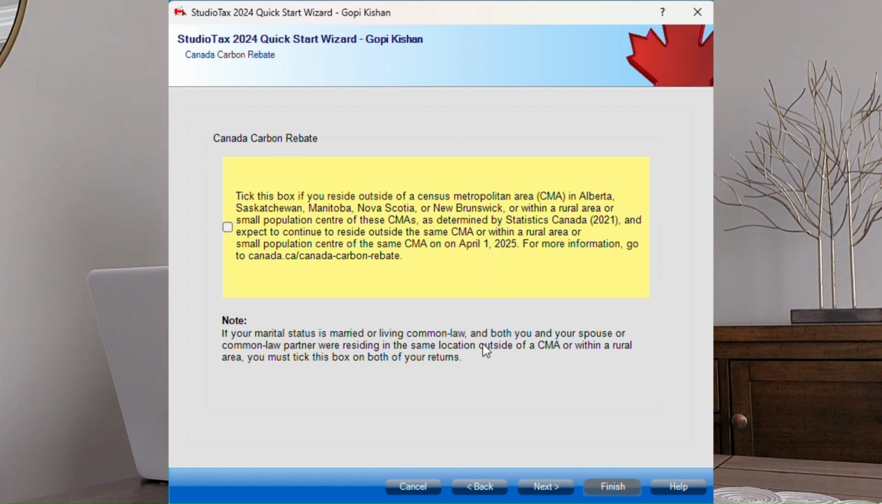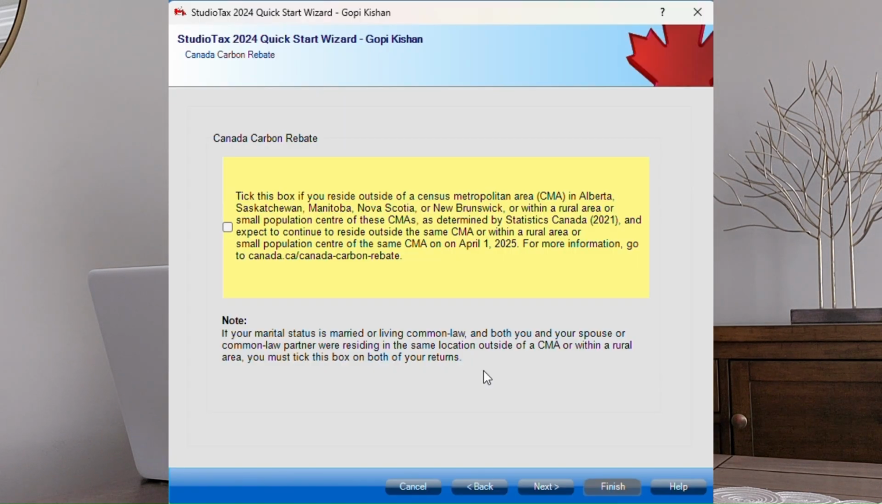In one of these provinces, because that will determine your tax rebate. So the rural area residents actually get more carbon tax rebate than the people living in urban centers, since they have to drive more distance to access services. So we are living in urban centers, so we will actually not check that box and move on to the